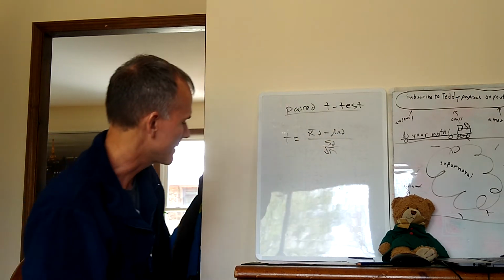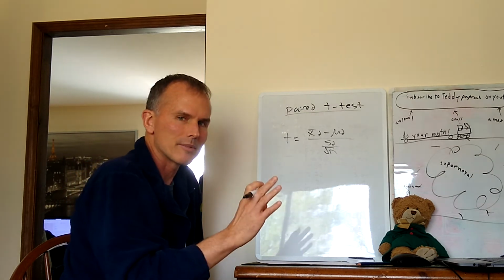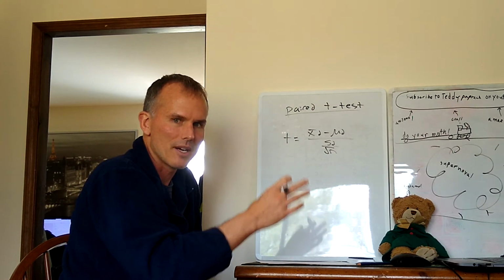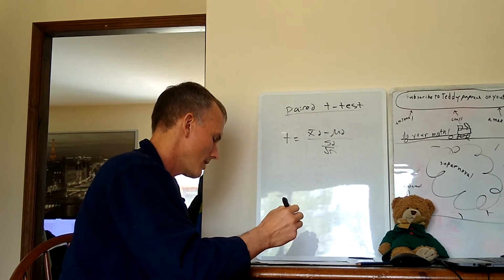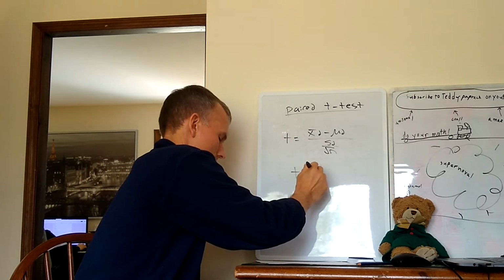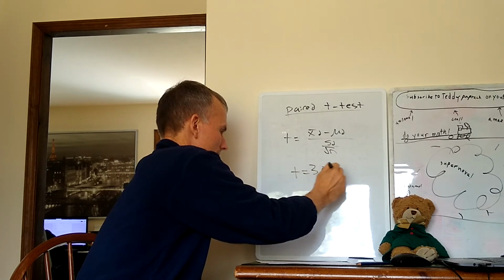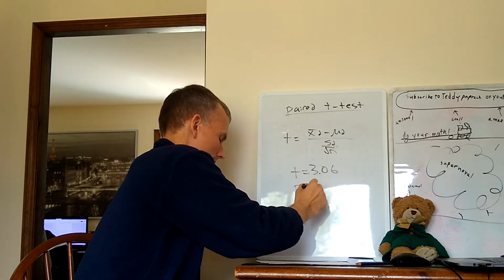Okay, when I calculate that, remember you're just going to run the one sample t-test on the sample of differences, and here is what I got. T equals 3.06. P equals